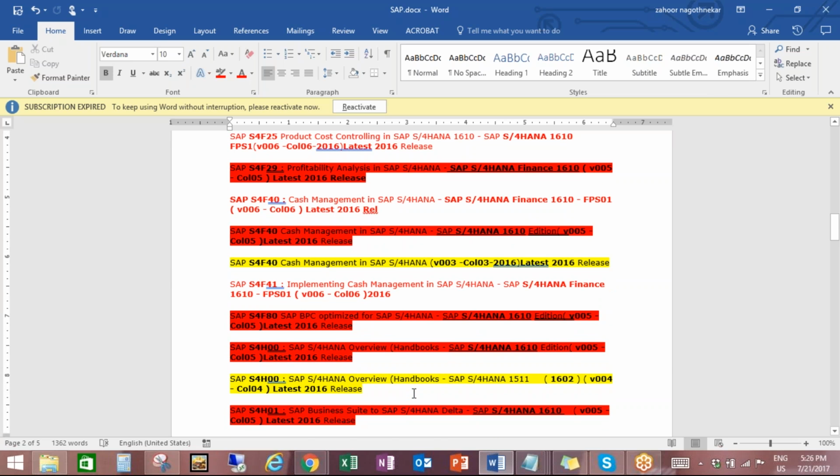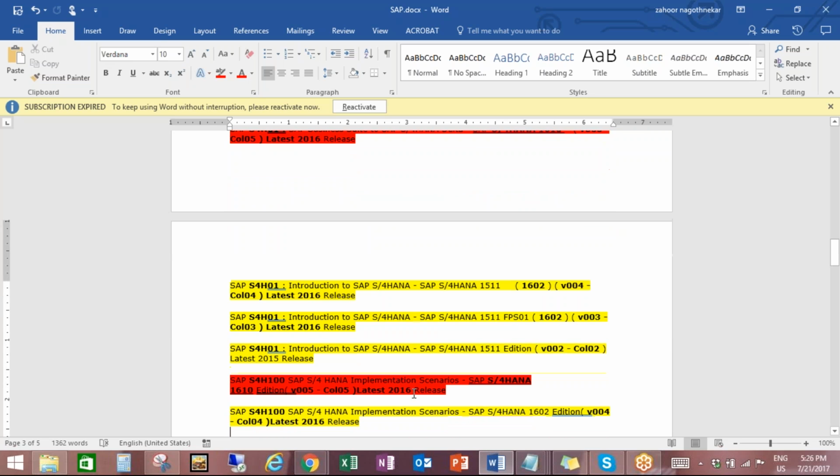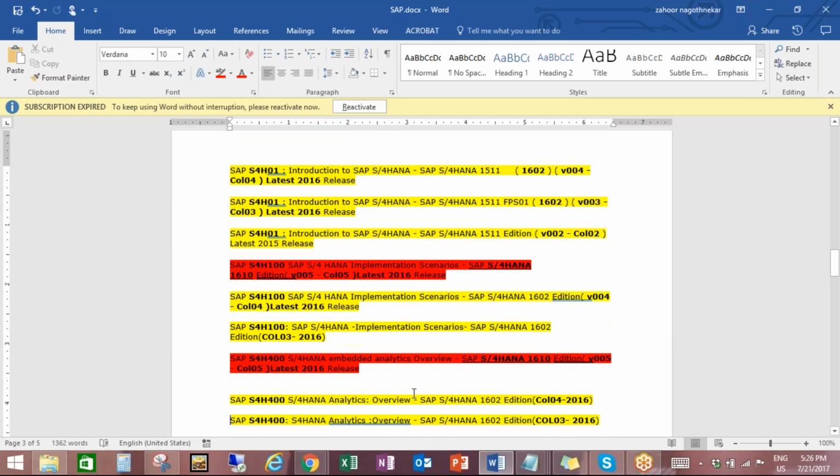As you can see, there is cash management, PPC, asset management, and introductions. There is also the implementation scenario, S4H, which includes live scenarios that will help you during implementations.